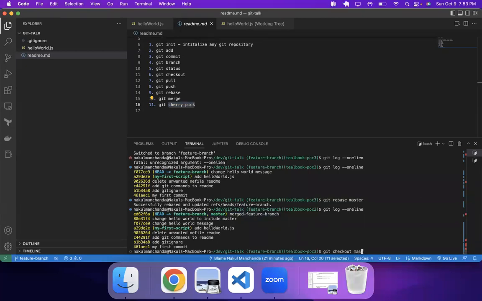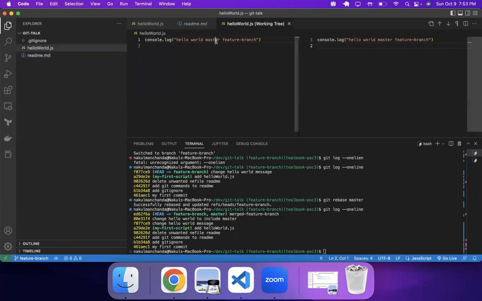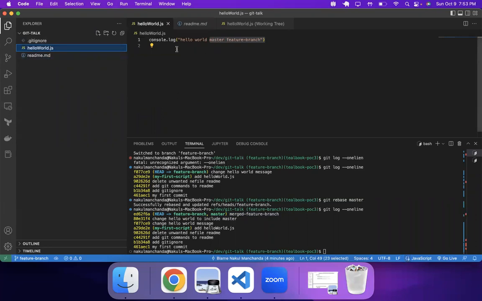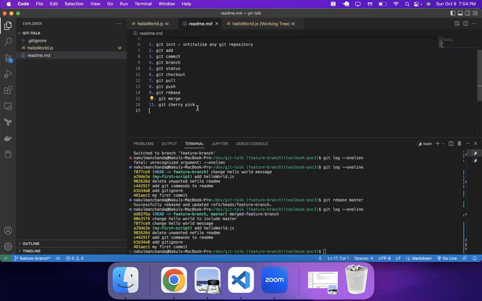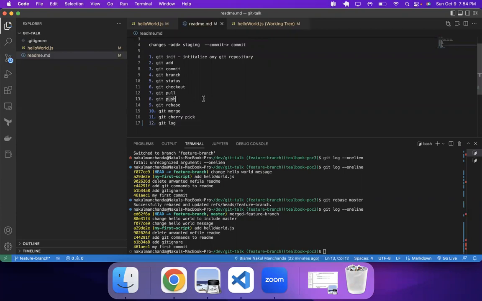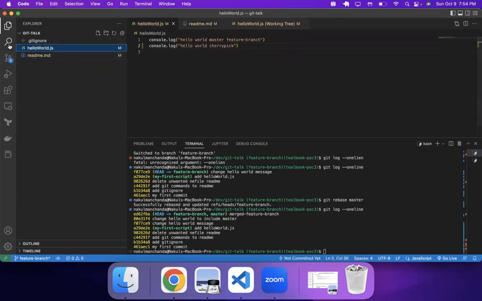Let's say I go back to master, or I'll add a commit here. Hello world, feature branch, and hello world. We can say cherry pick here. I'll just show you whatever I wrote here. I added all these commands. There's git log also. We covered a lot, right? Kind of. So yeah, hello world, I added this commit,